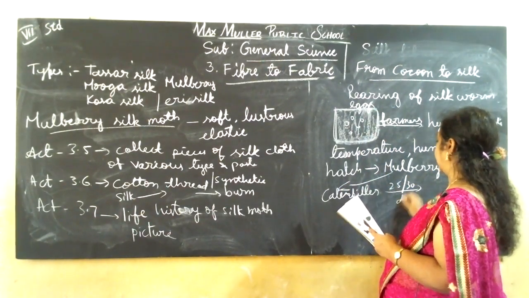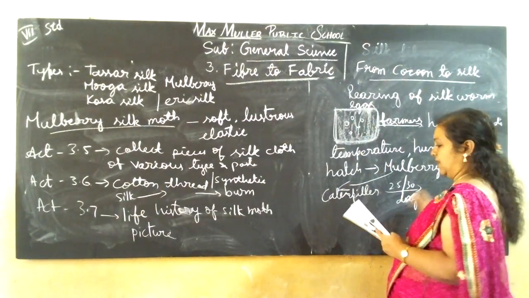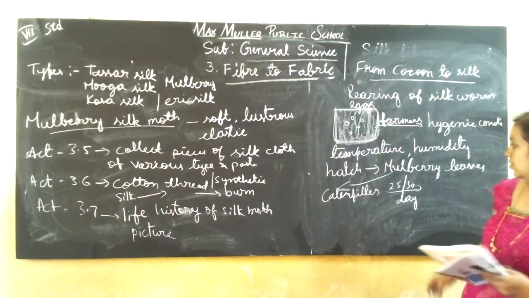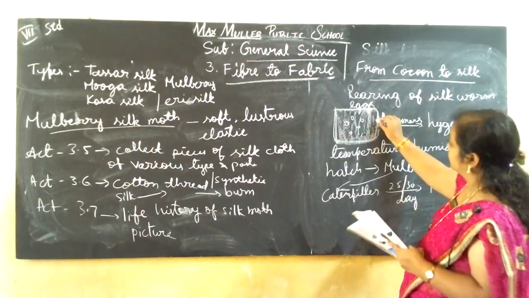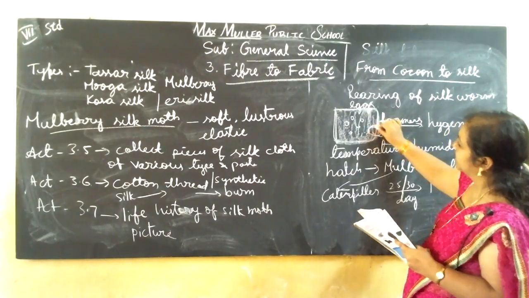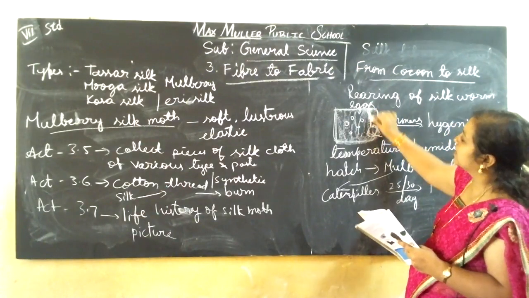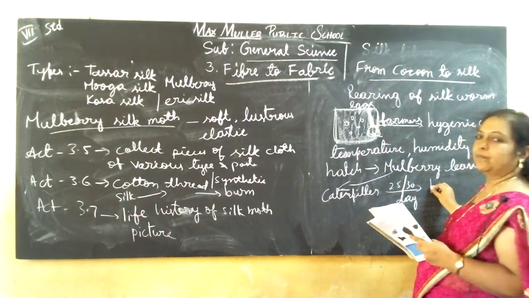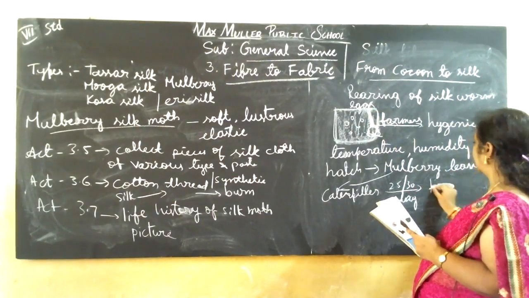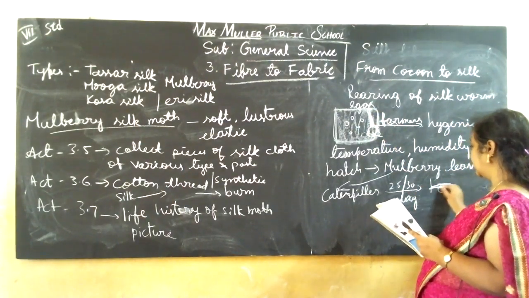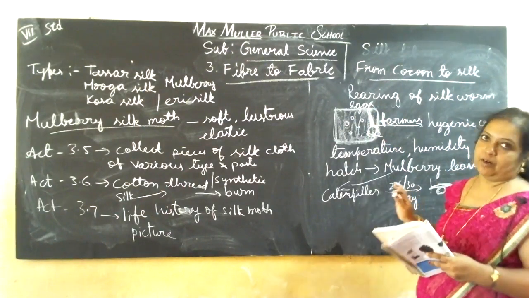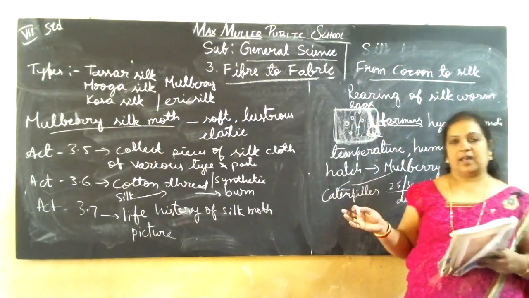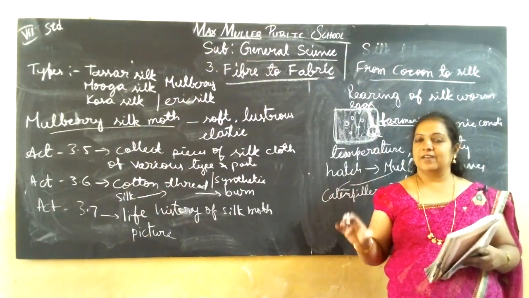after 25 to 30 days of growth, they stop eating and move to a tiny chamber of bamboo. So in the tray there will be a tiny chamber of bamboo, or some sticks or leaves they will keep, because by holding that stick, the cocoon may settle down. Okay, so they will move to one corner of the tray or any one stick or leaf they keep,